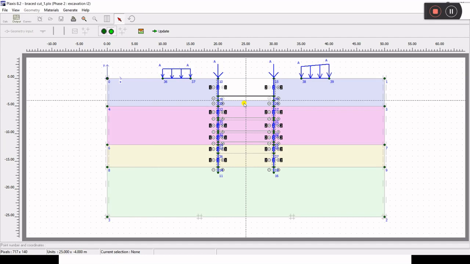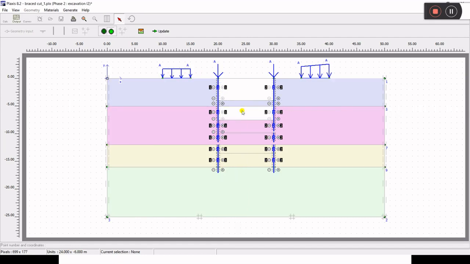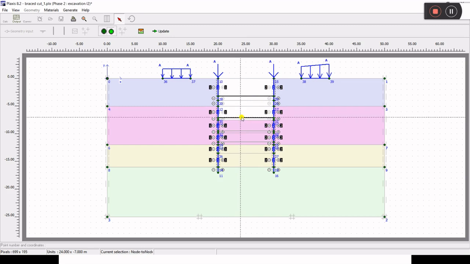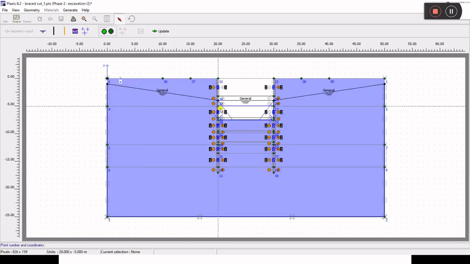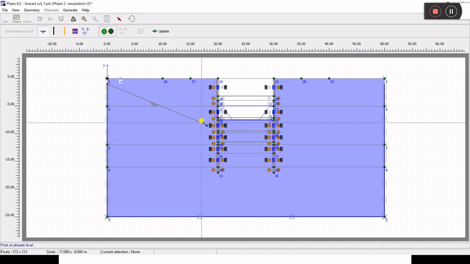So in this stage 2, we'll do the excavation up to second stage. So you see, up to here we have done. Now you'll have to activate this strut, and along with this you'll have to change the water level. So this is not the water level we want here. So I'll go here and I'll click on the water level, and okay, so if you cannot see that Plaxis automatically select your node, then you have to provide the coordinates for that point.